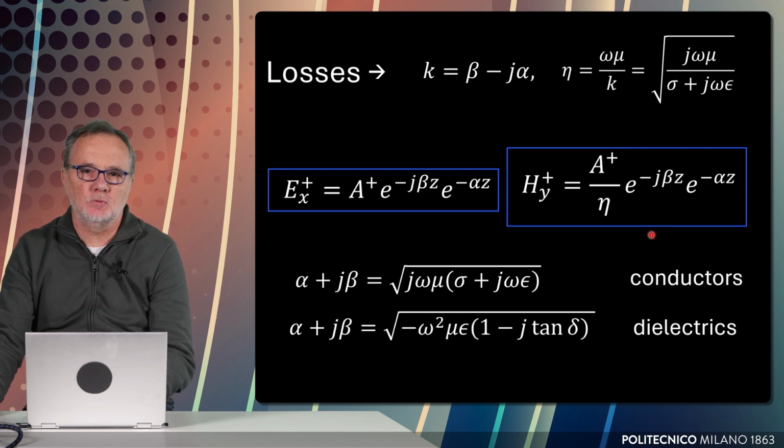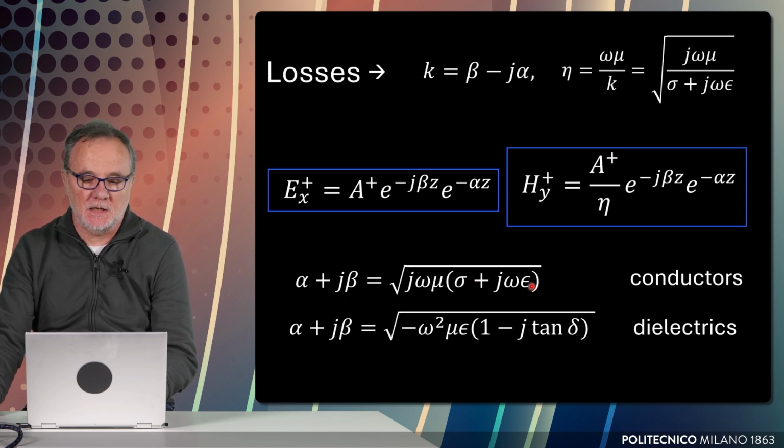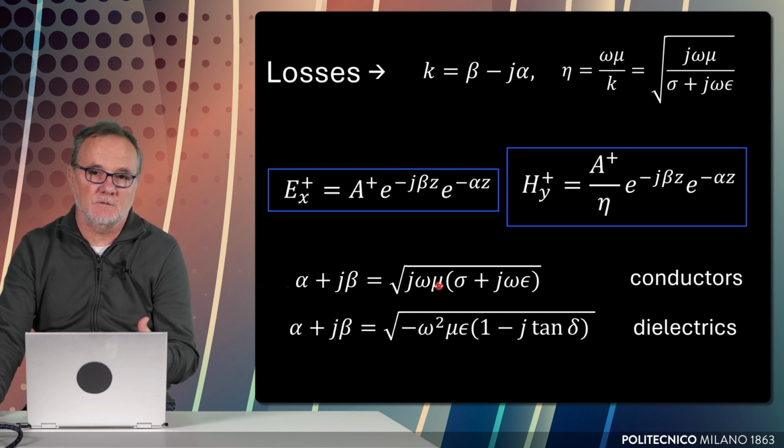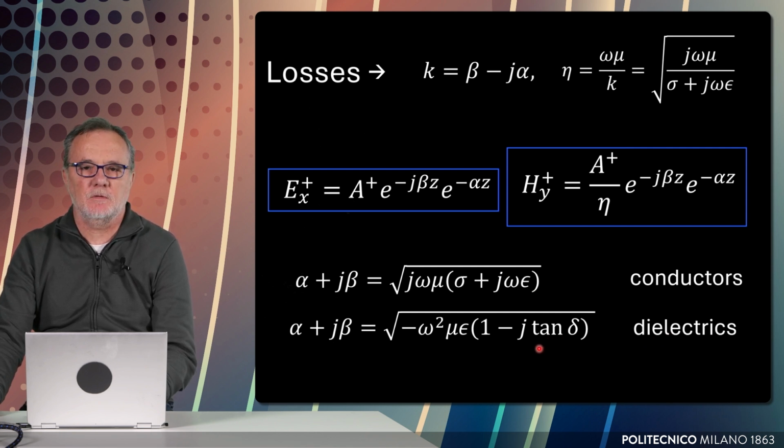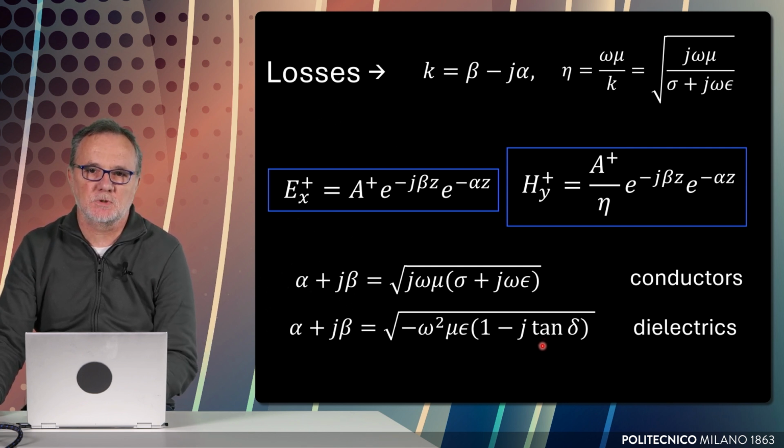Now, we can specialize to two cases. The case of real conductors, in which we have non-zero conductivity, but real permittivity and real permeability, even if these can also be complex in conductors, and the case of dielectrics, in which we have a non-zero loss tangent for the material. The loss tangent is a parameter that comes with the description of dielectrics. Also, when we buy the material to realize a circuit PCB, there is, among the other parameters, also the value of the loss tangent, so that dielectrics are typically characterized by a non-zero value of loss tangent.